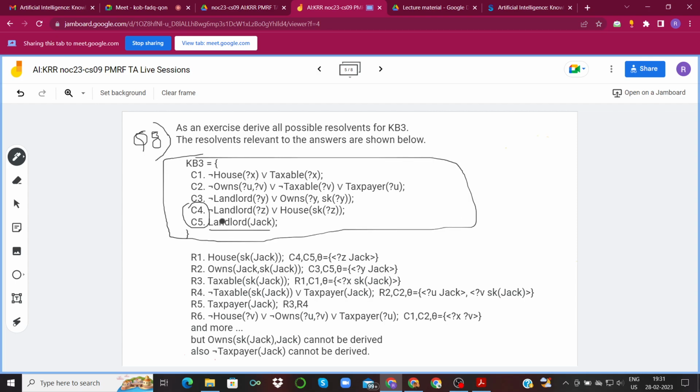Then you see that Landlord(Jack) is there. And there is no not-Landlord in another of these facts that is given to you, so you can use it as a substitution in this first, or you could use it over here. So you could do C3 C5 first or C4 C5 first, so R1 and R2 could have been exchanged in position, and then you could have gone with something else, R1 C1 and so on and so forth.